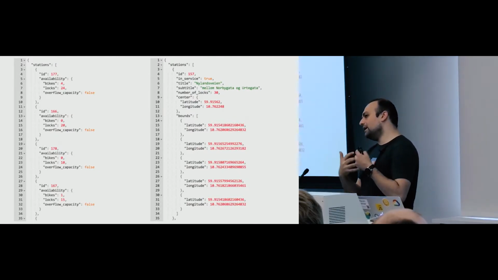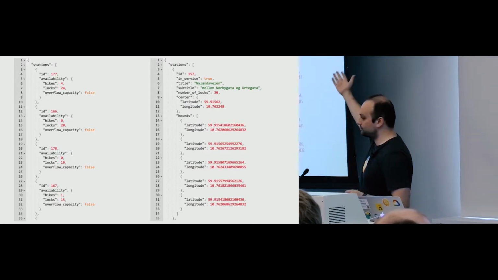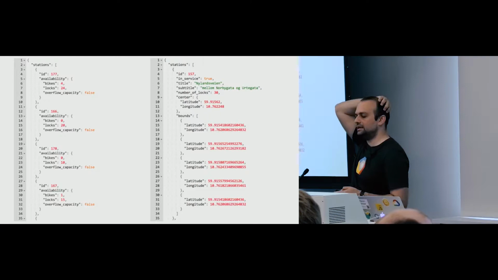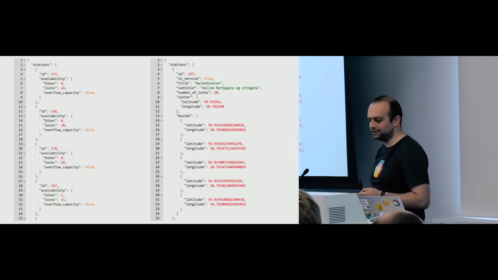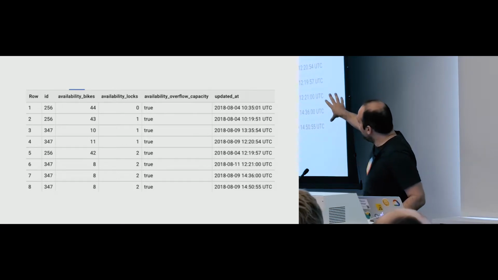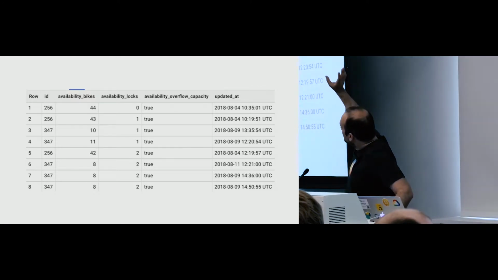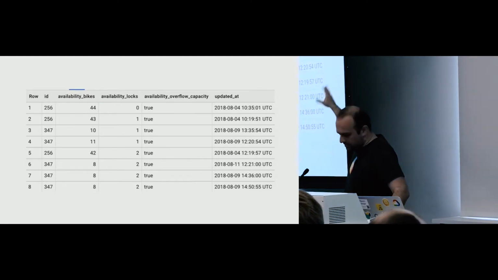And so by combining this data, it gives me quite a lot of things, but it's not that easy to do that. I mean, to parse that with something and make it not break all the time. So the simplest pipeline would be like this, right? You have an ID, you have number of bicycles, number of locks available. Overflow capacity doesn't really matter. Don't really think about that. But it's basically